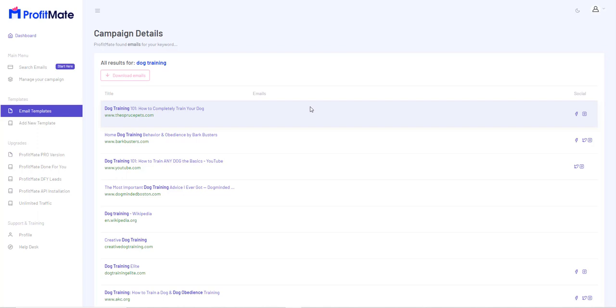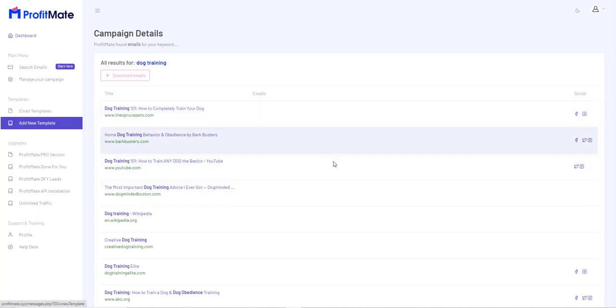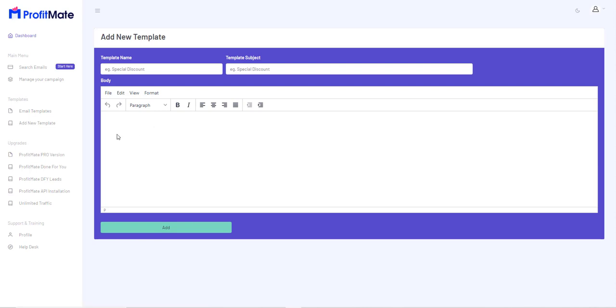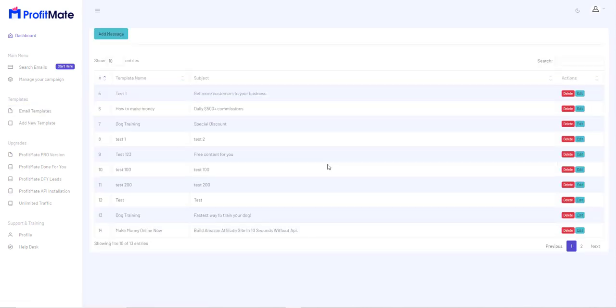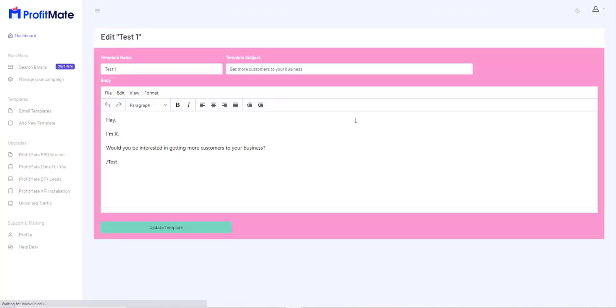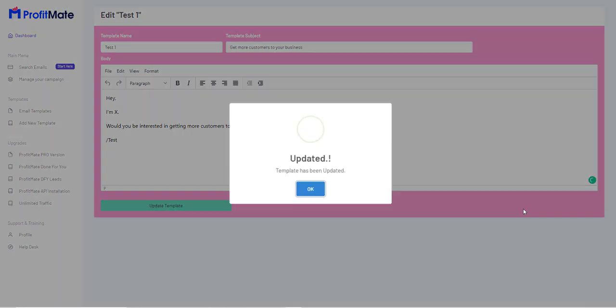If you do, most of them will end up in the spam folder, guys. It just won't end up going anywhere. There's also some facilities to add templates here. Did that open then? I'll just go back and have a look at the email templates. Again, this is very, very clunky. If I go ahead and edit this one and show you the email template, this is basically it. You've got a subject line, you've got an email template, and then you update the template, and that's it. There's no way to email out from this system.